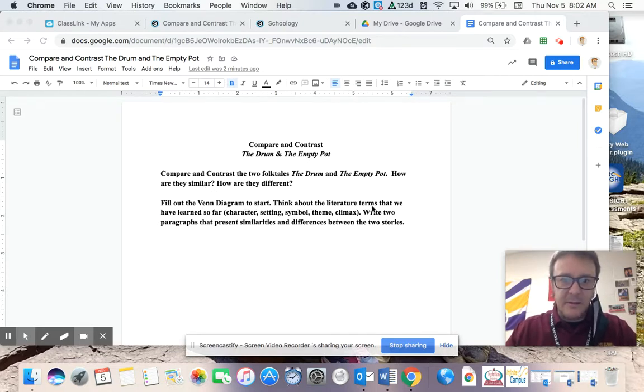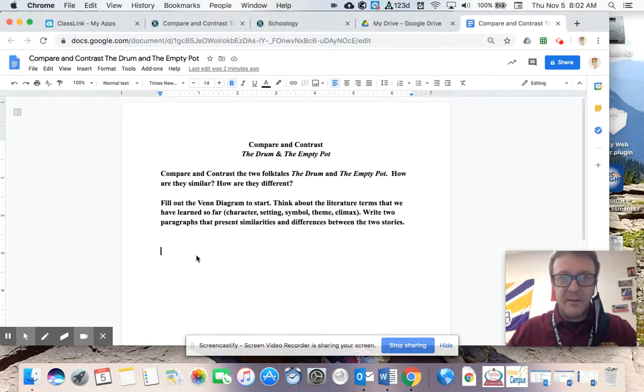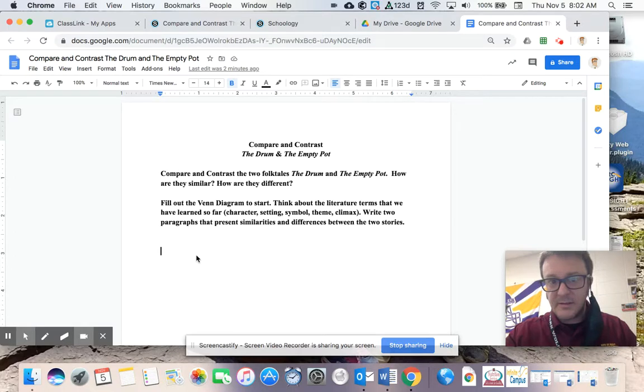Think about the literature terms that we have learned so far. Character, setting, symbol, theme, climax. Okay? Write two paragraphs that present similarities and differences between the two stories. All right? So, if I was writing to this assignment, I would start with a general statement about the two stories. All right, I would say,